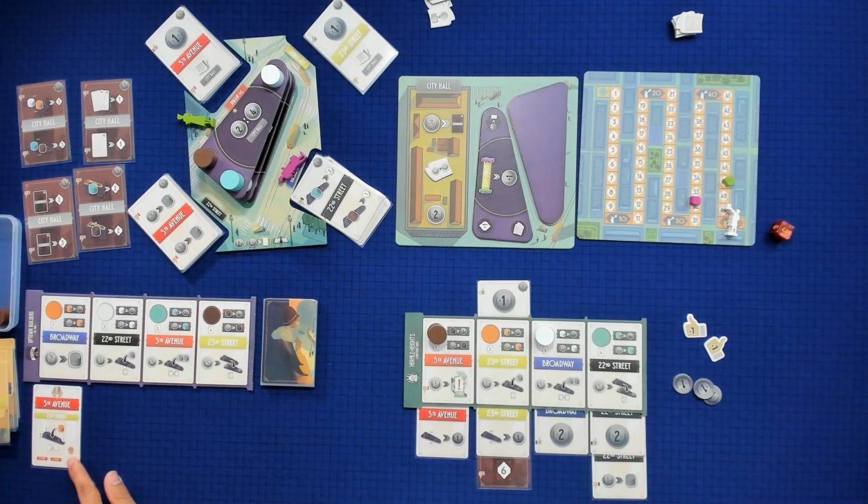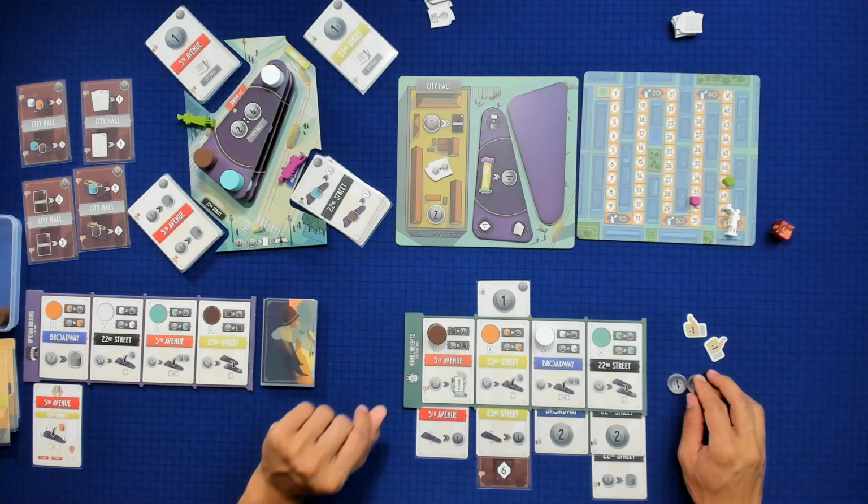Fifth Avenue. They're going to place an orange. They can't. They're going to get points, but they don't have any points to get. Now we're going to go to